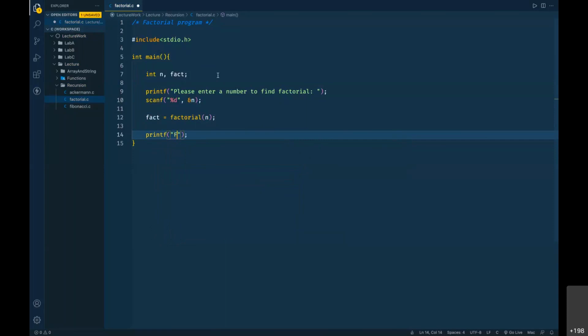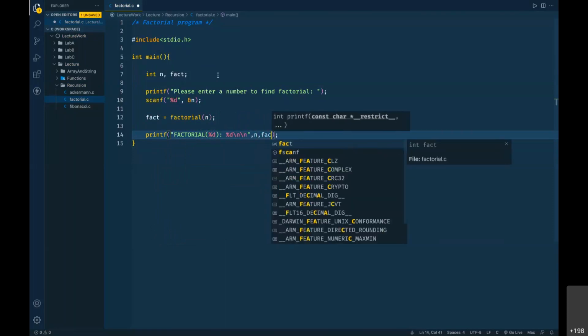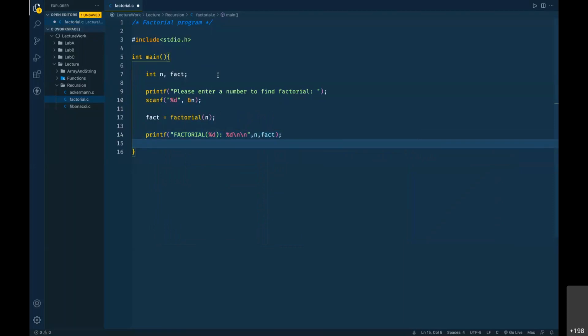Print factorial of %d, the number the user gave, is %d, the final answer we got. So the first %d is n, and the second %d is fact. That's what we want to print here. So now let's focus on this one, the factorial function.